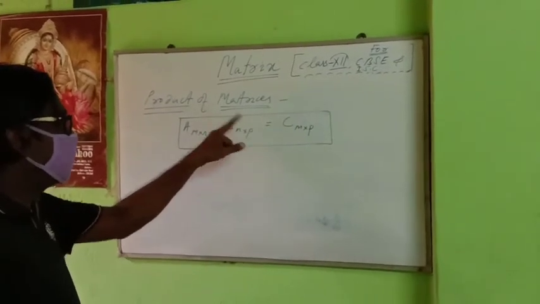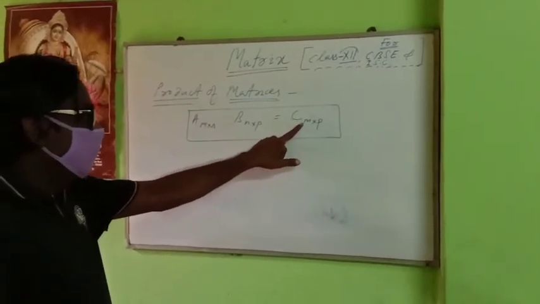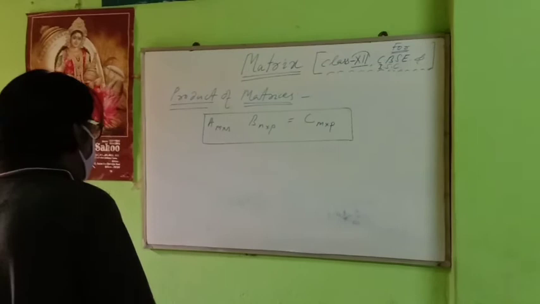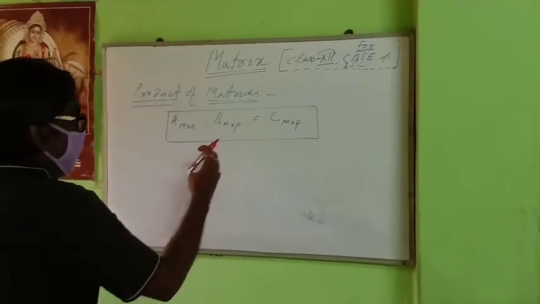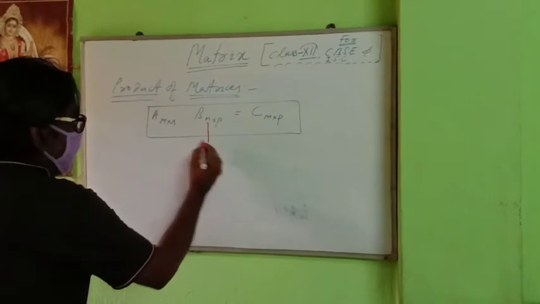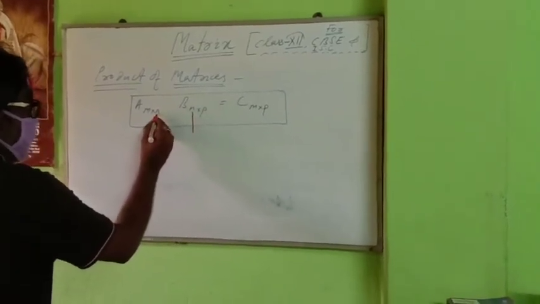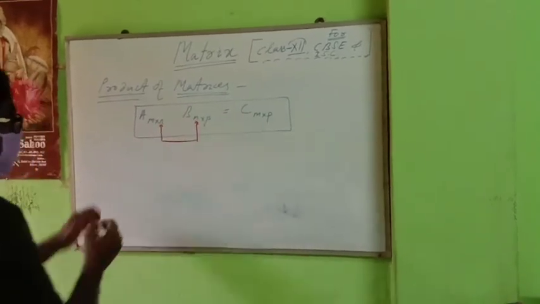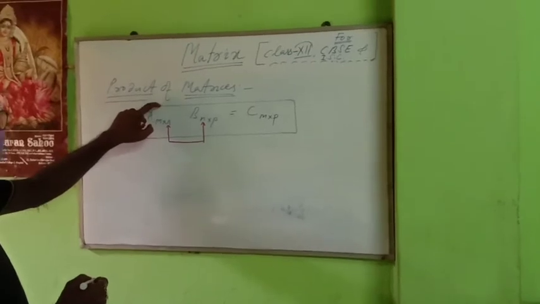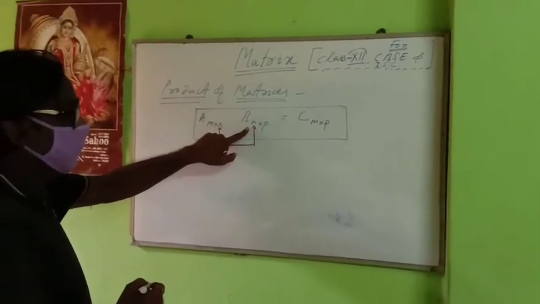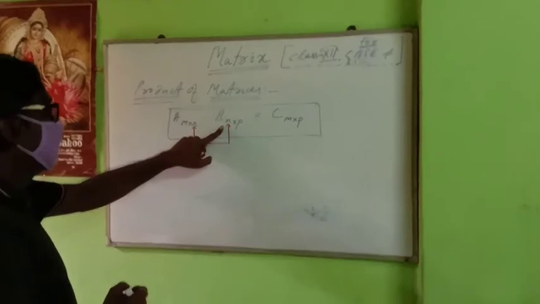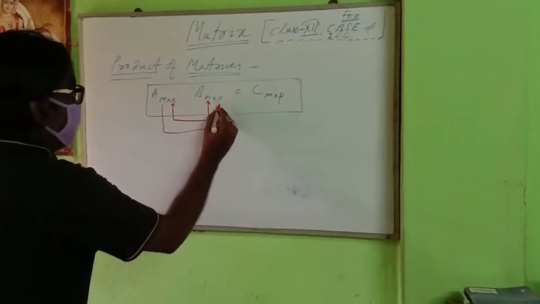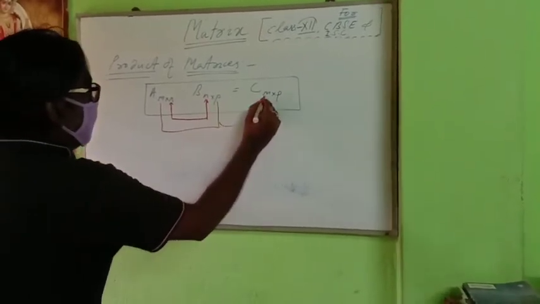Then the result of the product will be m by p. How is it coming? Just to see here, the number of rows of the second matrix should be equal to the number of columns of the first matrix. This should be equal. Number of columns of the first matrix should be equal to the number of rows of the second matrix. Then we can multiply. The result will be, what is left? Result left: m by p. That we have done here.